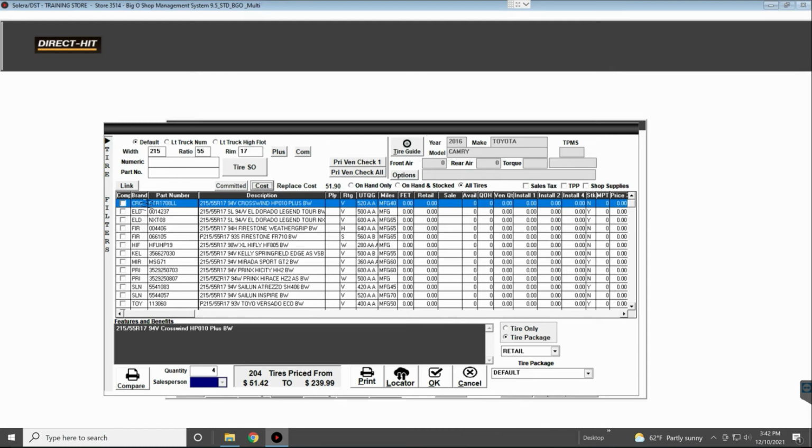And we'll just go across this screen as well. So brand, part number, description, ply rating where applicable, your speed rating, UTQG, manufacturer warranty where applicable, federal excise tax, retail, sale, how many you have available, so anything that's not committed on a ticket, how many you have on hand, quantity on hand, vendor quantity, remember you have to click the primary vendor check all or primary vendor check 1, price installed for 1, price installed for 2, price installed for 4, whether it's a stocking tire,